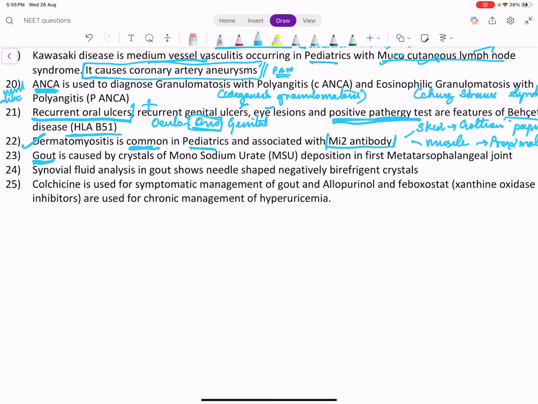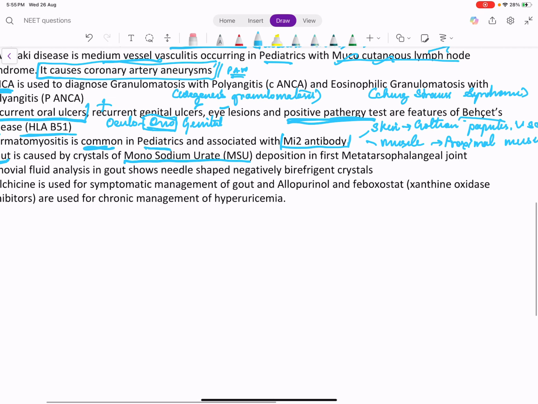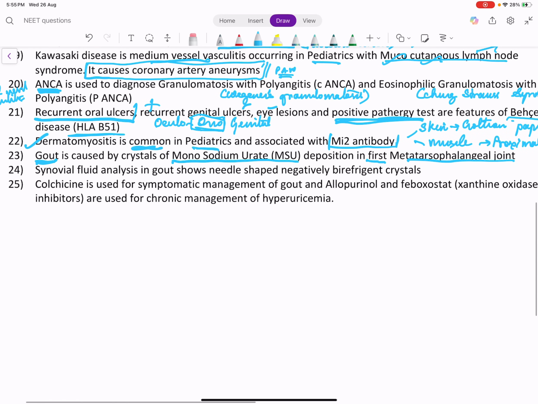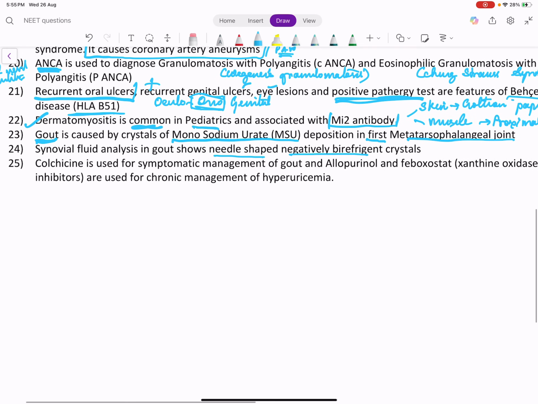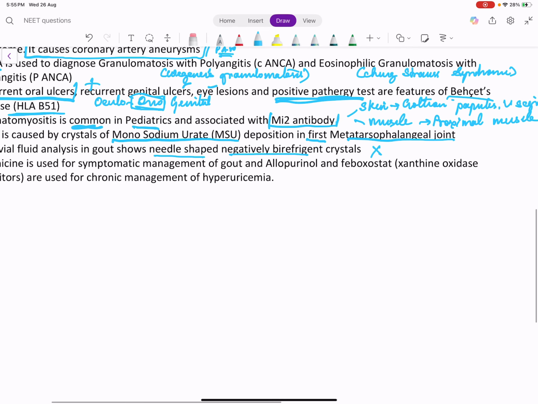Gout is caused by crystals of monosodium urate. Uric acid doesn't deposit. Salt of uric acid, that is monosodium urate, gets deposited. Common joint is the first MTP joint or the great toe. So when you do a synovial fluid analysis, we can see the monosodium urate crystals, which are needle shaped, negatively birefringent crystals. This will be in contrast to pseudo gout,